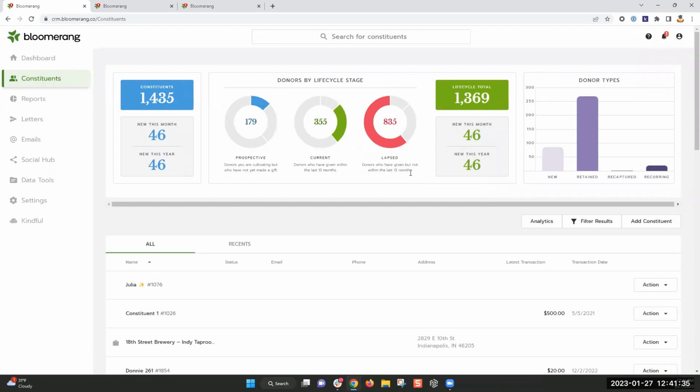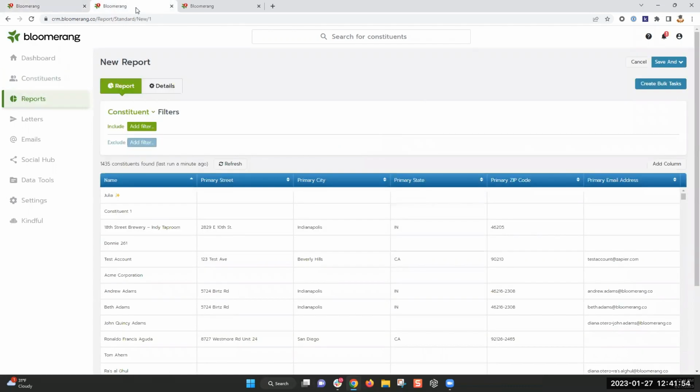They've given, but not within the last 13 months. It also automatically takes a look at for you which are new donors versus retained, recaptured, or recurring. If you ever need a refresher on what these mean, you can click Learn More here. And you can incorporate this into your reporting.